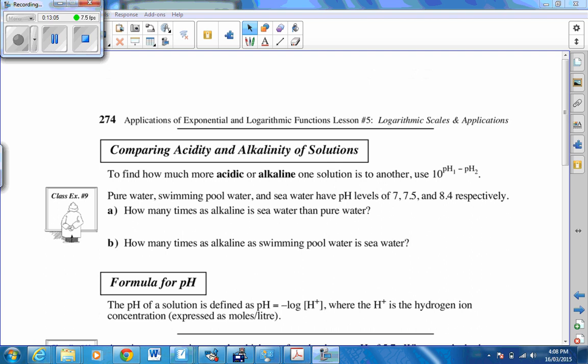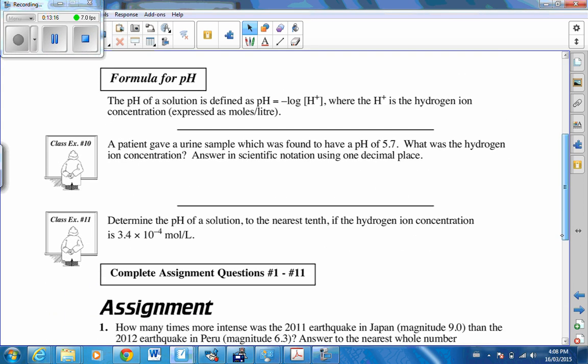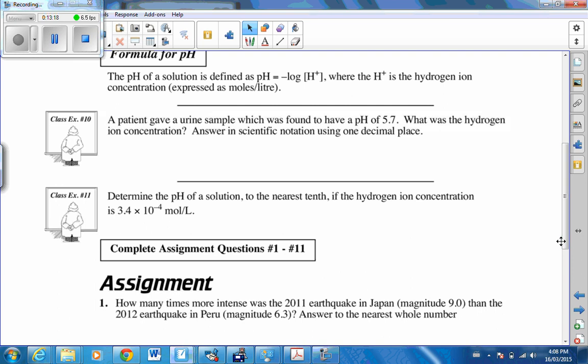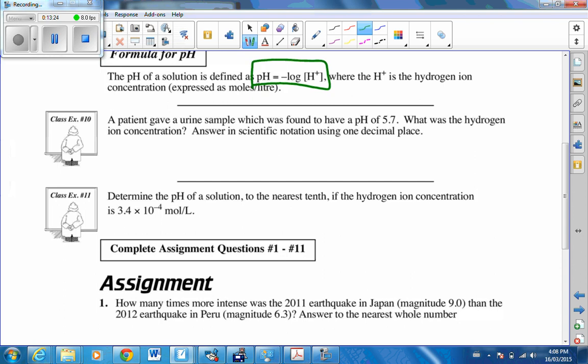Back in here, comparing acidity and alkalinity, again, we basically just do the same thing. Whatever it is, we look at our 2 scales, we subtract the 2 scales, look at the difference, and compare them. Now, for pH, they also give us this. This is the standard definition of pH, where H plus is the concentration when it's in these square brackets. So pH of 5.7,